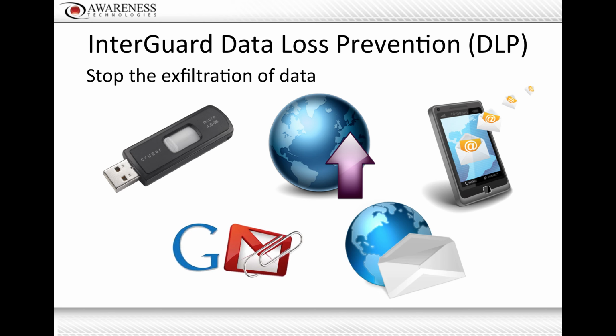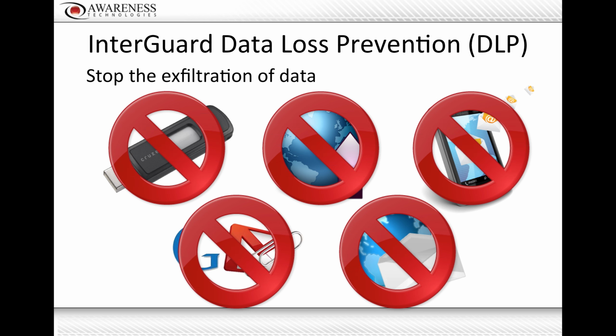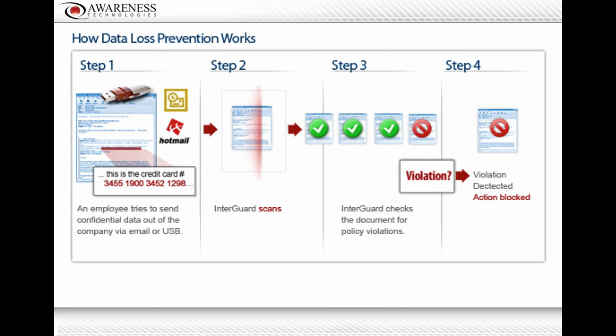We can stop information from leaving via removable media and via email and web uploads. So we can basically lock all those things down. And we can do it based on policy, so it doesn't have to be a straight on-off switch. Maybe some things you're okay with going out, and some things you obviously aren't. So we're able to set up some smart policies that say this kind of information shouldn't leave via USB, this kind of information shouldn't leave via email. Well, it's okay if it leaves via corporate email to a corporate email address, but it's not okay if it leaves a corporate email to a non-corporate email address.